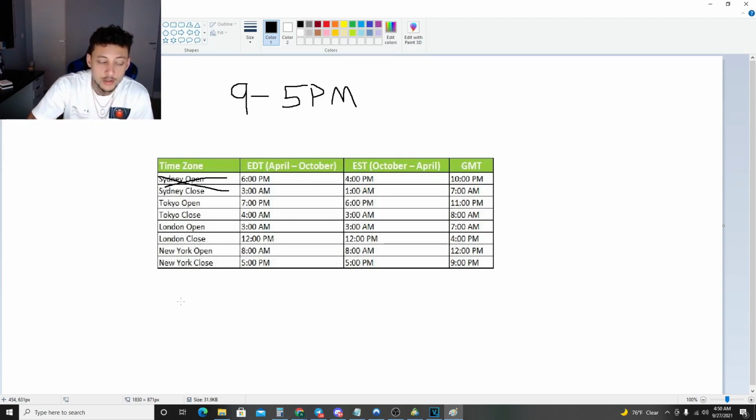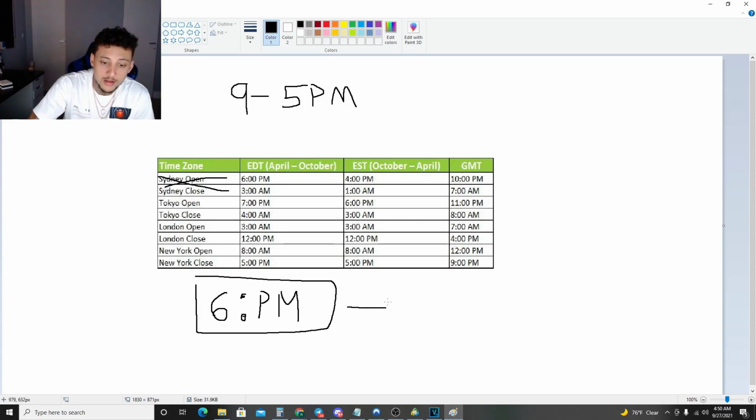So in this situation here, let's say it takes you 30 minutes to get home, right? We're going to be doing our post-market analysis at 6 p.m. This is where we're going to be pretty much planning for the day ahead and reflecting on the previous day. So let's say you're looking for a price to pull back into a level of structure to take a short, right? You're going to mark that off in your journal and you're going to plan for that day,